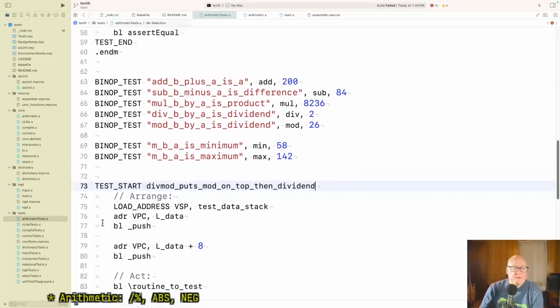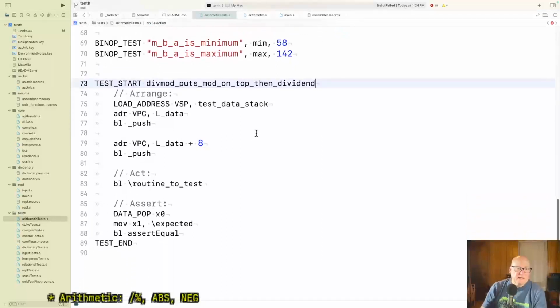Okay, so we got test data stack. Oh, I renamed that. Test data stack L data is 142 and 58 on the stack. And then the routine to test is divmod. All right, and then our assertions, we expect